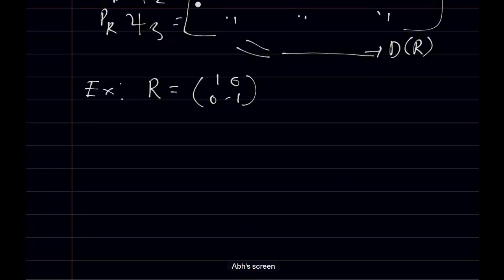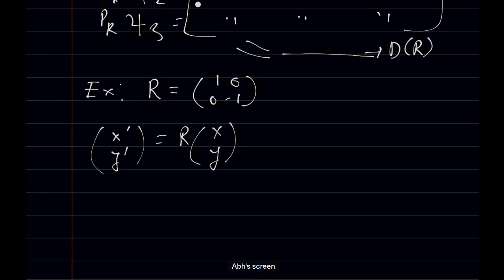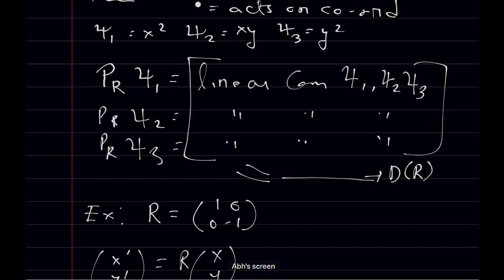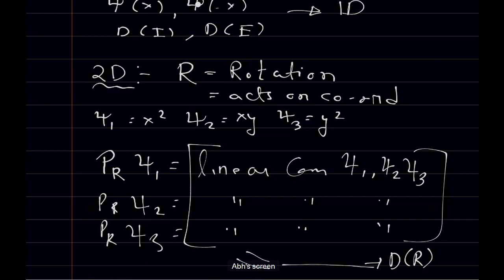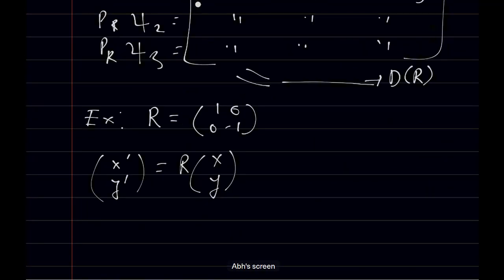When R acts on the old coordinates, you get the new coordinates. X, Y are the old coordinates, and you get new coordinates. The basis that you have seen above is in the old coordinates X and Y. So let us write everything in the new form,